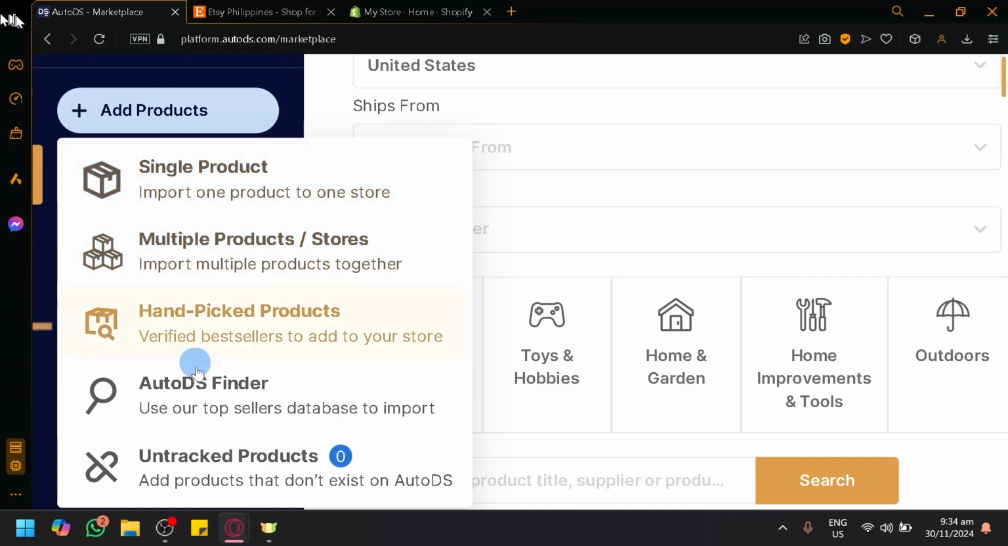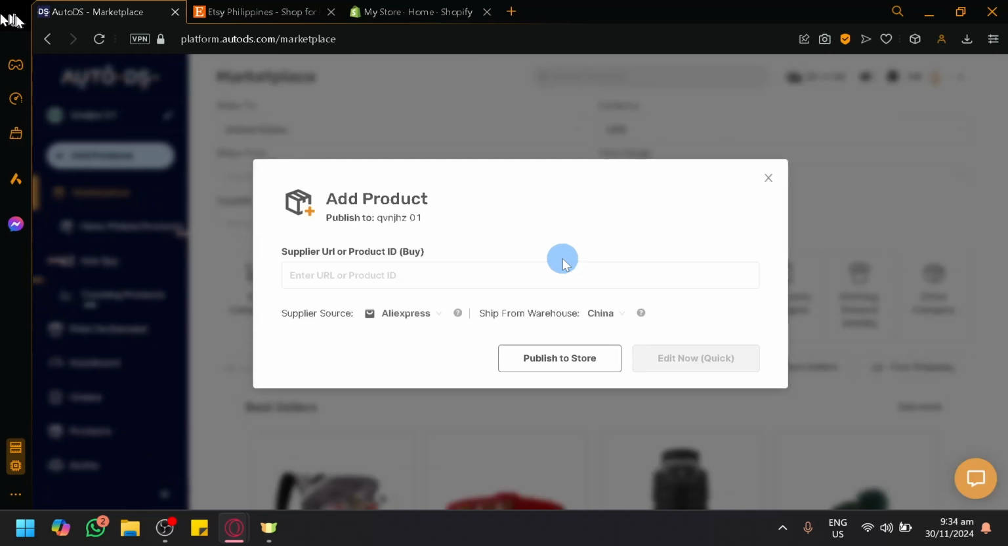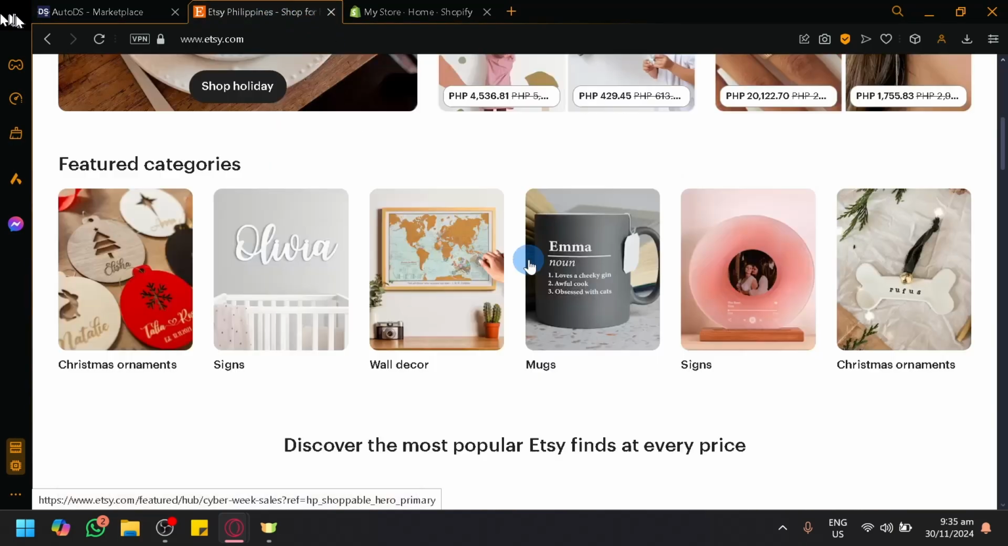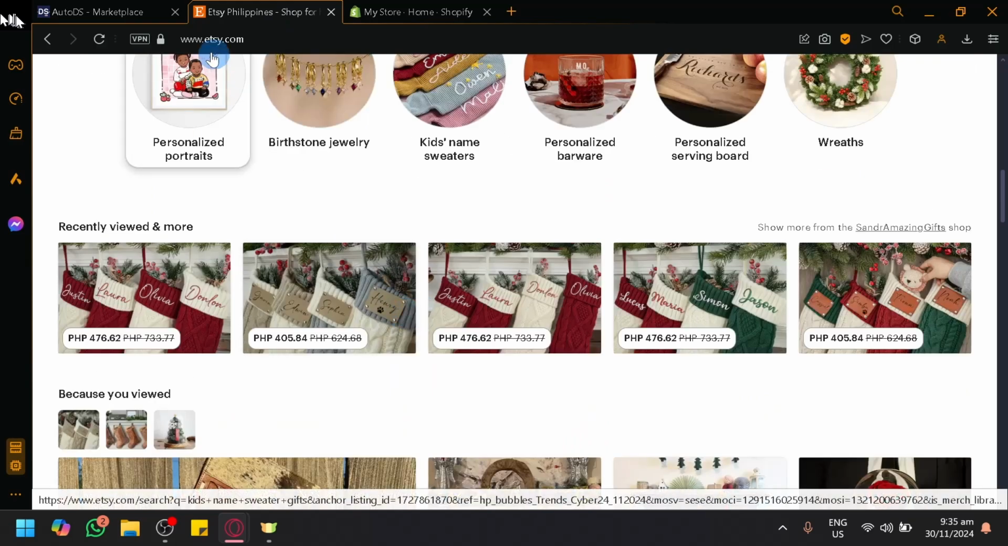So we have 5 features over here, and we only need at least 2 of these features. So we have the import product or the multiple products. Let's explore the add product option. That option basically just requires you to enter the URL of a product or the product ID that you want to import. It doesn't matter what platform or what type of product it is,